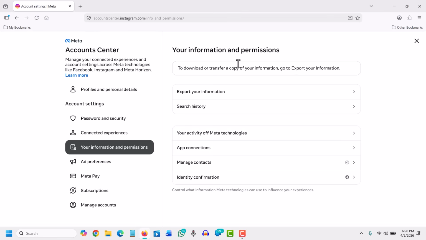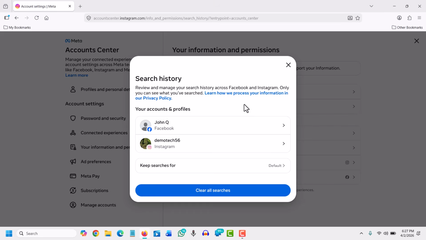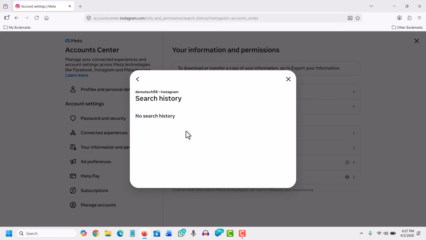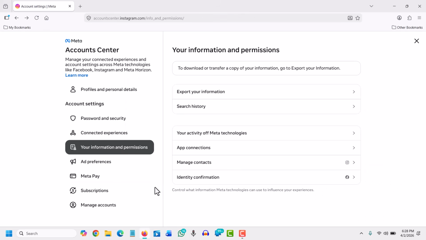And now it says export or search history. So we need to click on search history and select the account of Instagram. And then we just need to clear the search history. That's it. So once you're done with this, now you can start all over and you have successfully reset your